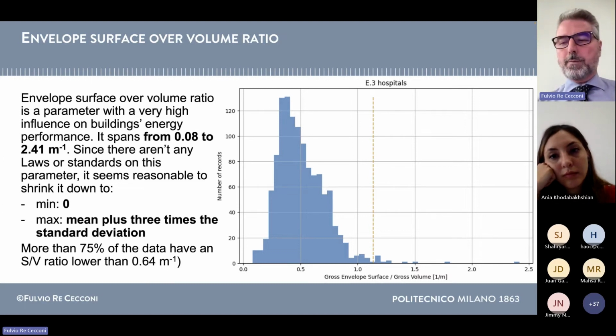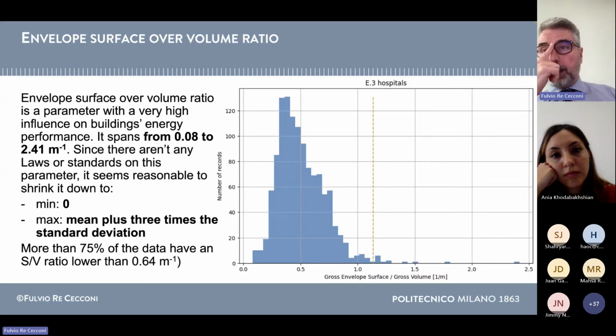So we want to use this as an important parameter. If we look at the distribution of values inside our database, the values span from 0.08 to 2.41 1 divided by meters. This is, again, a huge